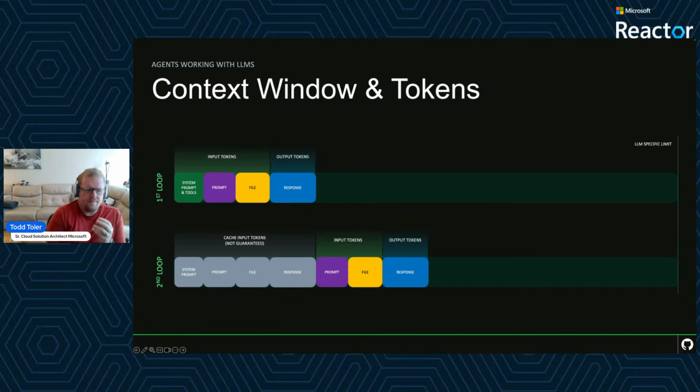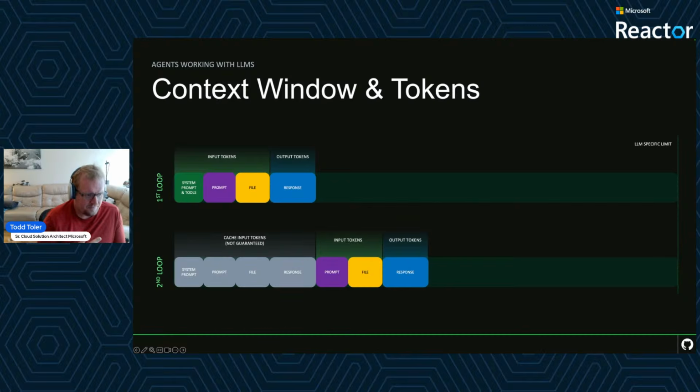And so loop one will be the system prompt and the tools, the description of available functions like read file, write file, and then your prompt, plus some file references. Those all equal input tokens. The response back is what the LLM responds. Those are output tokens, which are a little bit more expensive than input